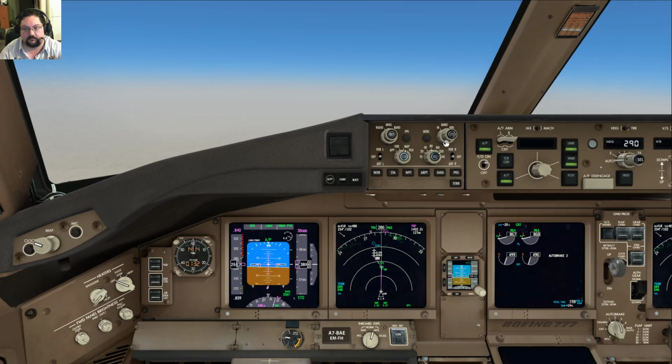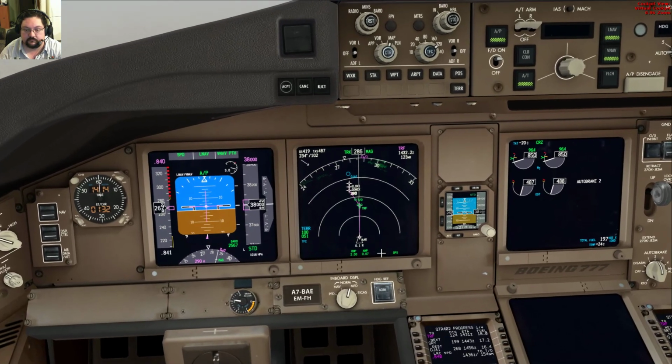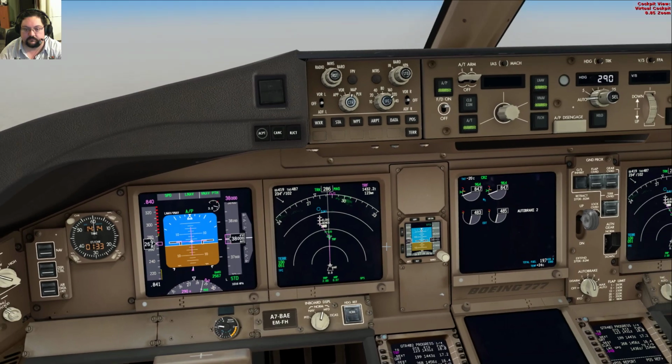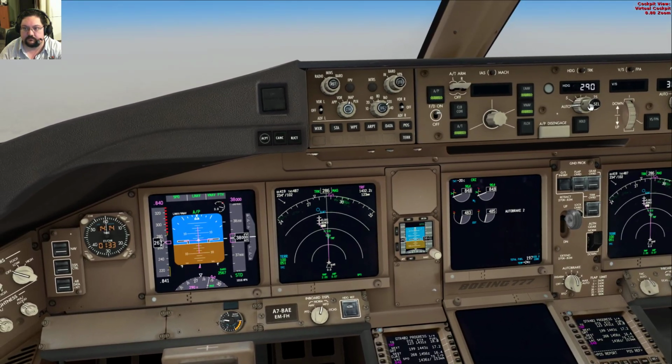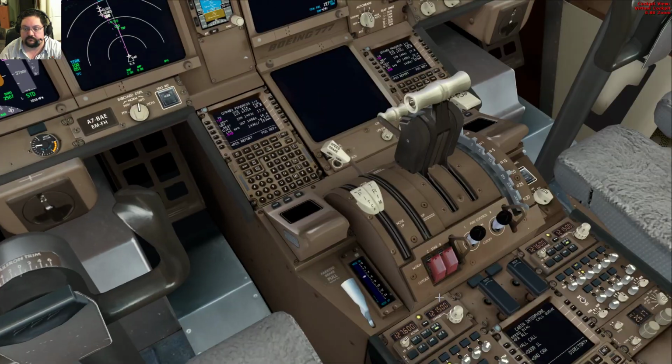Visibility 5 kilometers. No significant clouds. Temperature 21. QNH 1016. No significant weather. Advise on initial contact you have information